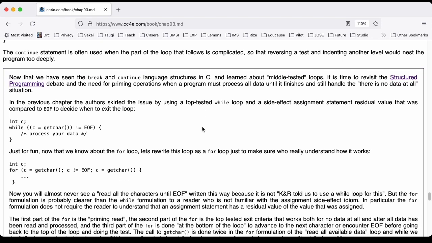The continue statement is often used when part of the loop that follows is complicated, so that reversing a test and indenting another level would nest the program too deeply. It's time for a bit of an aside. Now that we have seen the break and continue language structures in C that also have made it into C-like